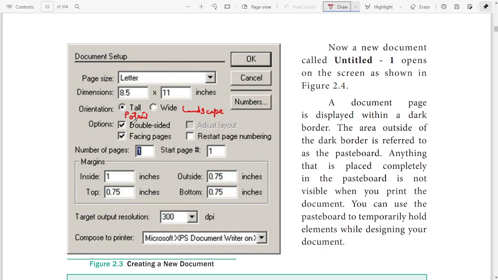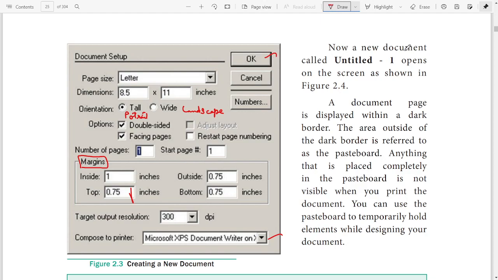Whether you're going to print double-sided or single-sided. The number of pages you are going to create: if it is one, just click one, or if you have 10 pages, you have to mention 10. And mention the margins for the pages you are going to create. The resolution of your target output is 300 dpi. If a printer is available, you can also select the printer on which you are going to print. And you have to press OK finally.